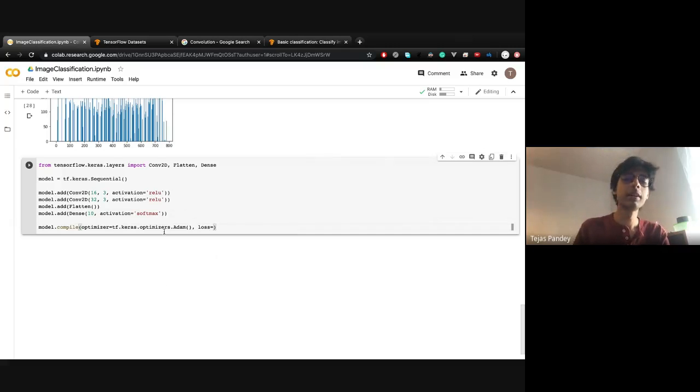The optimizer is what optimizes the model, and the loss is what we are trying to optimize. The loss is the difference between the ground truth, or what the actual thing should be, and what your current output is. To identify the error between the output and the ground truth, you have to know how to calculate the error. That is calculated with the loss function,